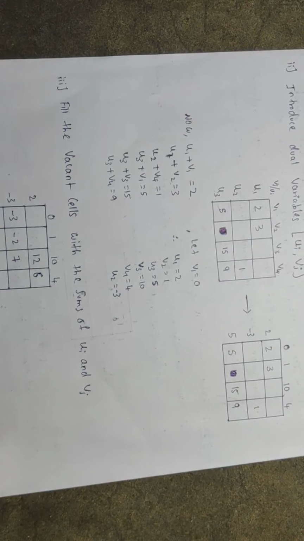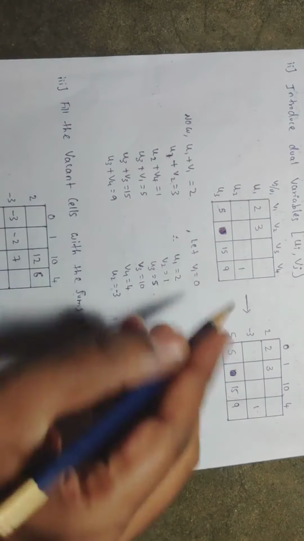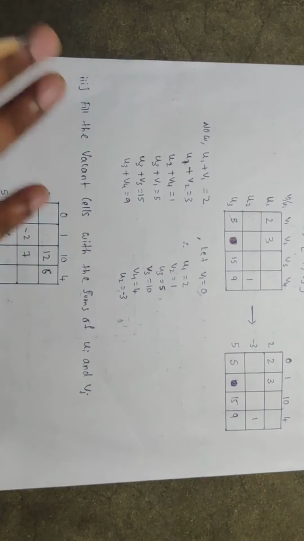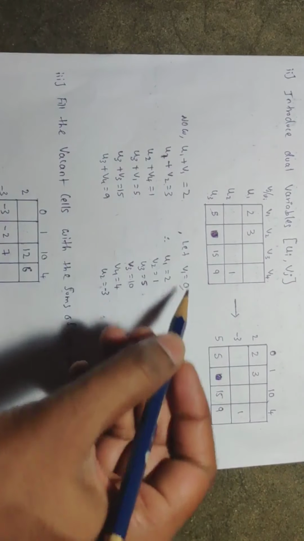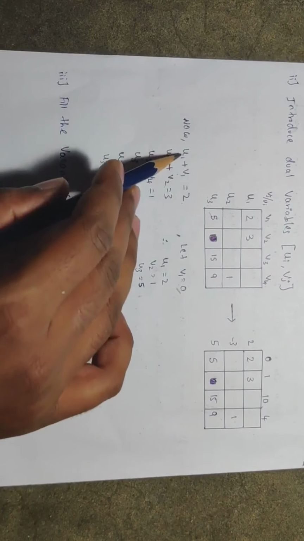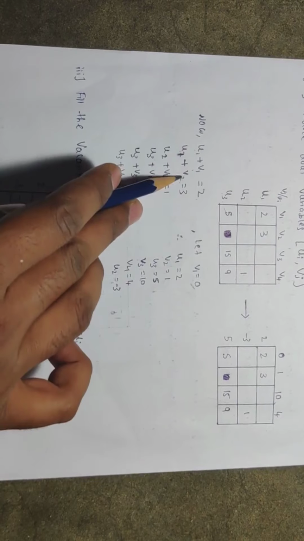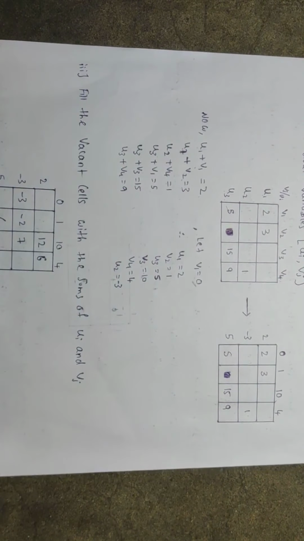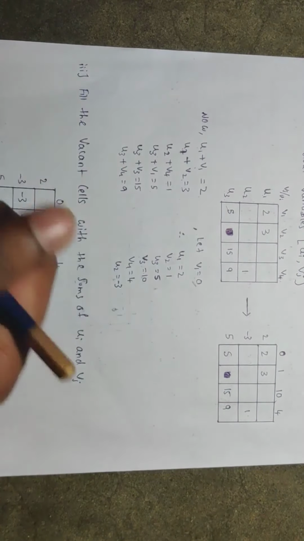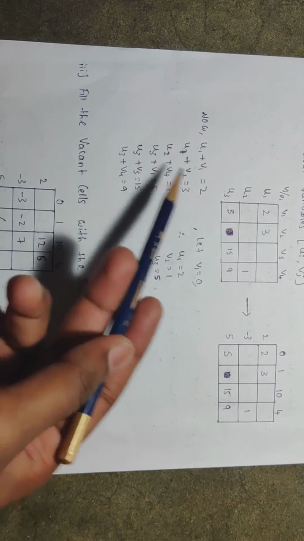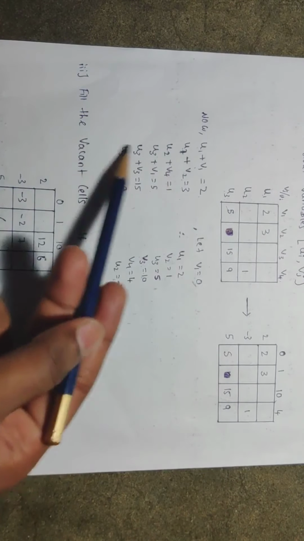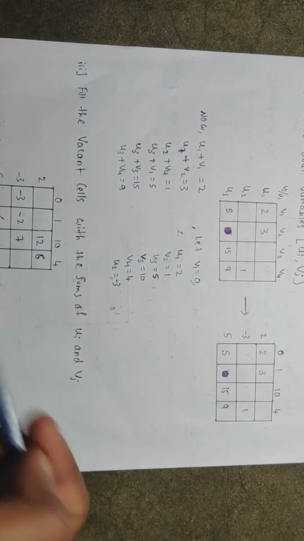Now I'm going to find all the values of u1, u2, u3, v1, v2, v3, v4. How are we going to find that? Let us assume one arbitrary value: v1 is equal to 0. If I put v1 equal to 0 in this equation, how much will u1 be? u1 will be equal to 2, right? If u1 is equal to 2, then v2 is equal to 3 minus 2, that is nothing but 1. So I got the u1 value and the v2 value. In a similar way, substitute all the values we have got into the other equations and find out the remaining values also.